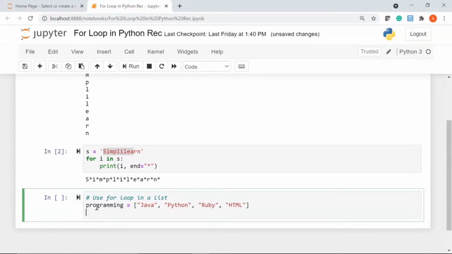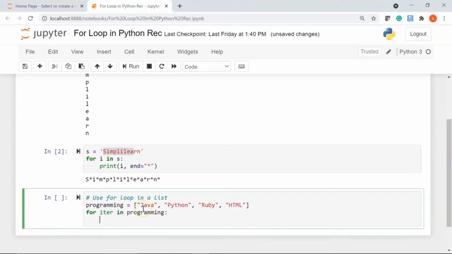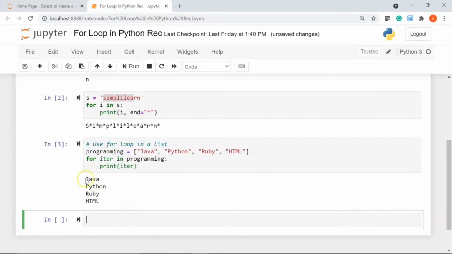Okay, so I'm going to print all the individual items that are present in my list using the for loop. So I'll use the same syntax. I'll write for. This time I'll use my iterator variable name as iter, which means iterator. For iter in my sequence, which is programming, I'll say print iter. Let's run it. You see here we have printed all the items in my list one by one: Java, Python,